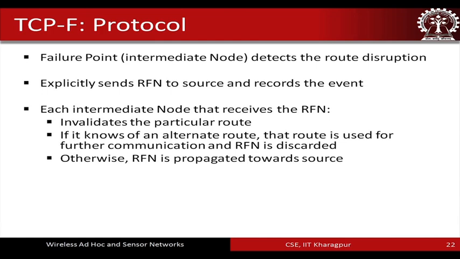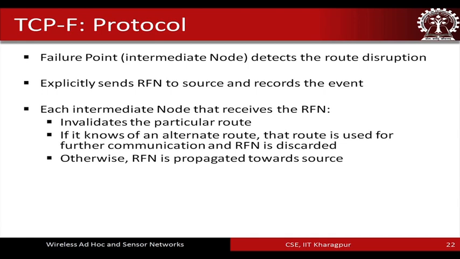So, in the case of TCP-F, this protocol, the failure point, because it is a multi-hop network, is an intermediate node failure. So, any intermediate node is going to be a failure point because the link in between has broken. So, it basically detects the route disruption first. Then after that, the node which has detected that the route has failed explicitly sends the RFN to the source